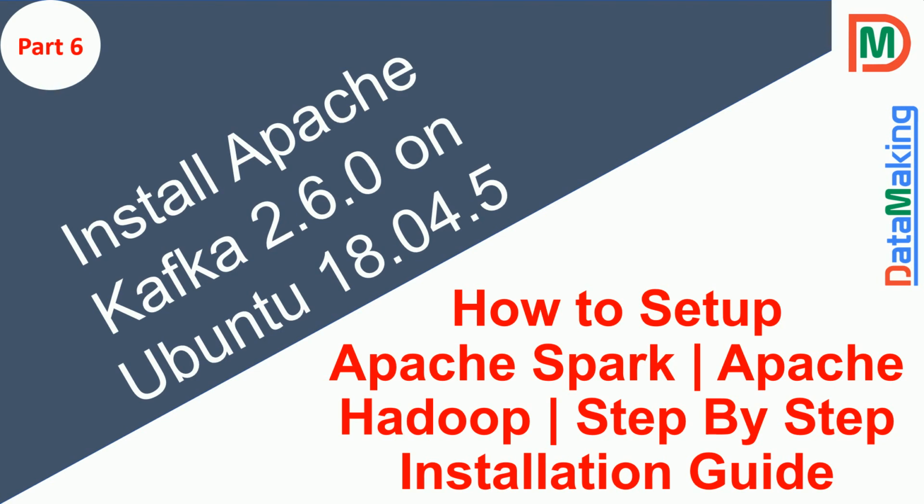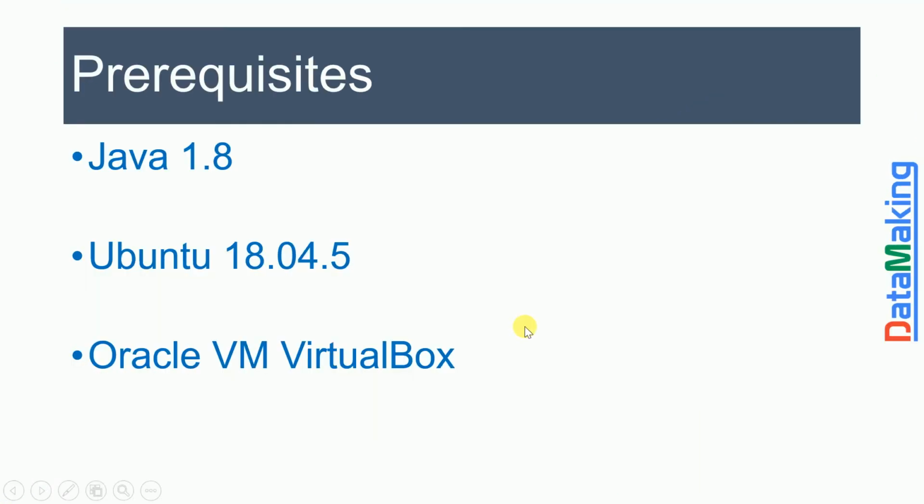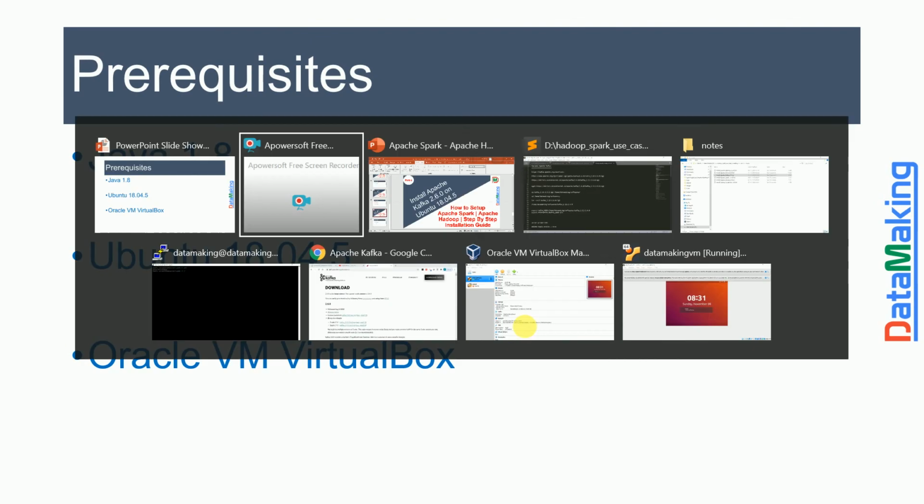I'm going to use Apache Kafka as one of the important components in building big data solutions. So we are going to install this. The prerequisite for Apache Kafka is Java 1.8 because I'm using the latest version of Kafka, which is 2.6.0. So we already installed Java 1.8 in our VM. If you have not done so, please watch my previous videos to set up this VM with Ubuntu 18.04 operating system and installation of Java 1.8. So once you have this prerequisite available on your system, we can just start installing Apache Kafka.